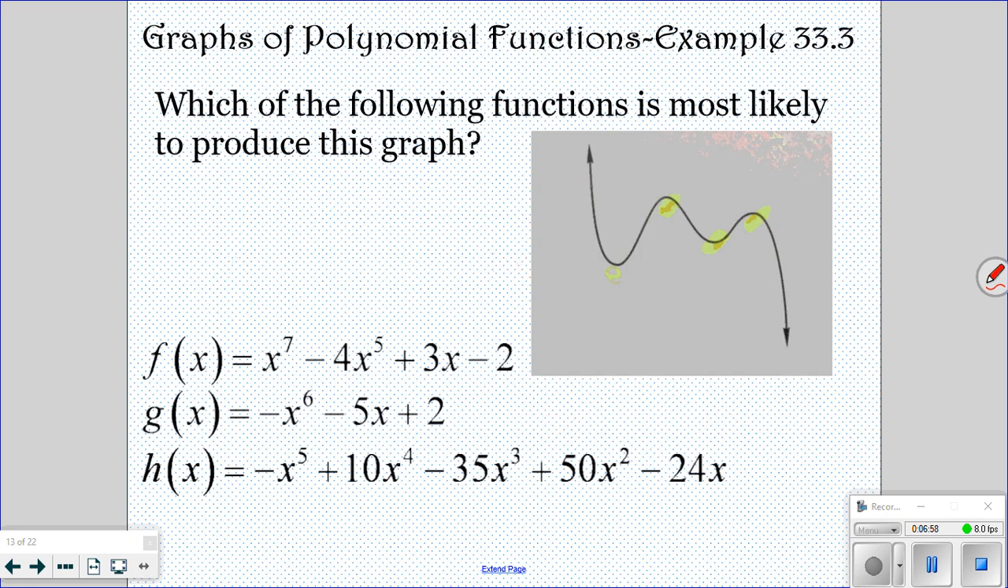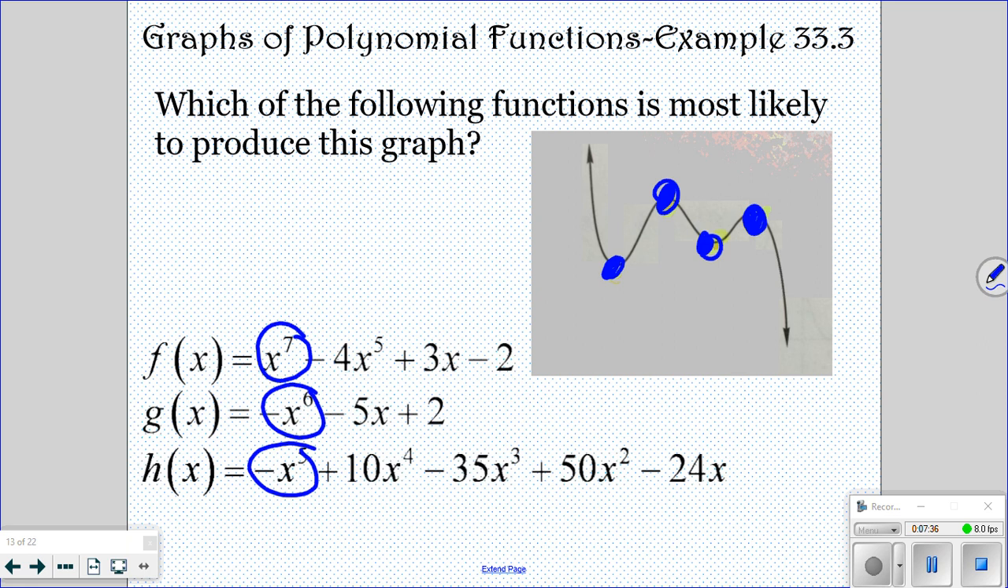Alright, so which one is most likely to produce this graph? If you look, we have 1 turning point here, 1 here, 1 here, and 1 here. So we have 4. And if you notice, we've got an x to the 7th, and negative x to the 6th, and a negative x to the 5th. So all of those are more than 4, so we can't eliminate any of those. So what we need to look at is